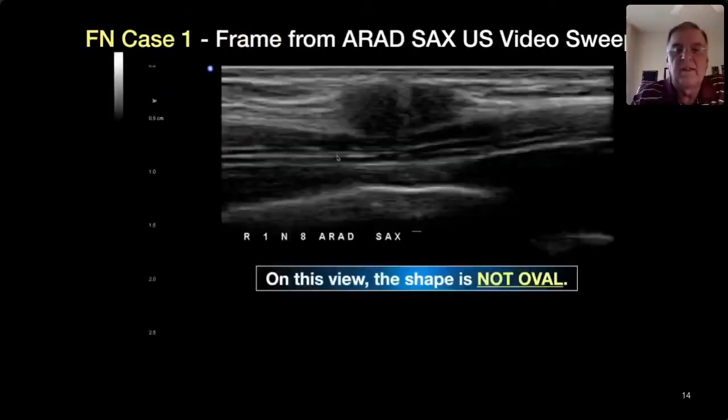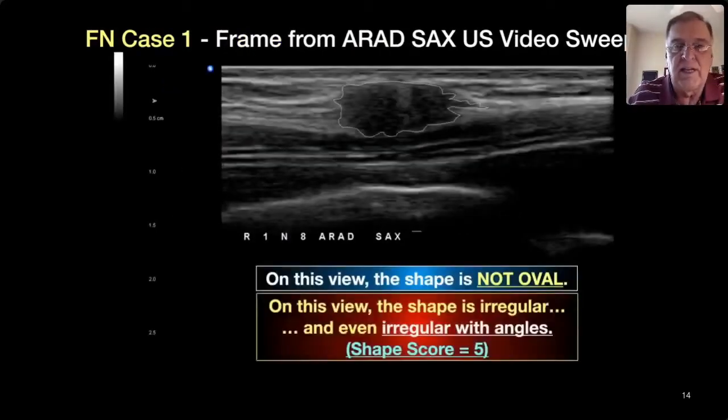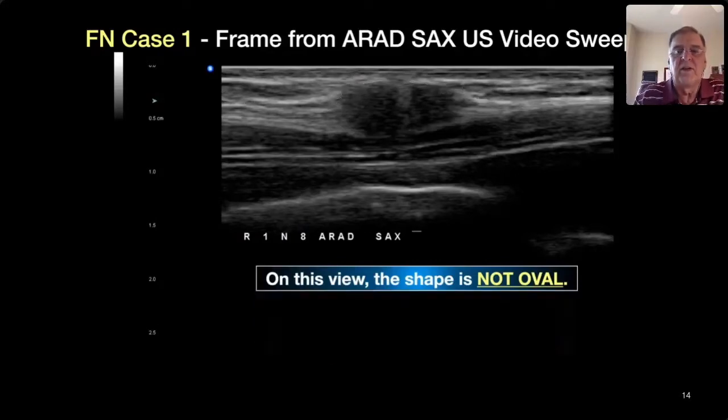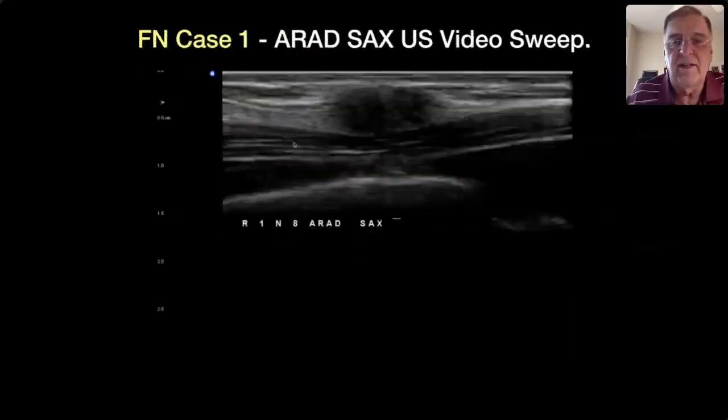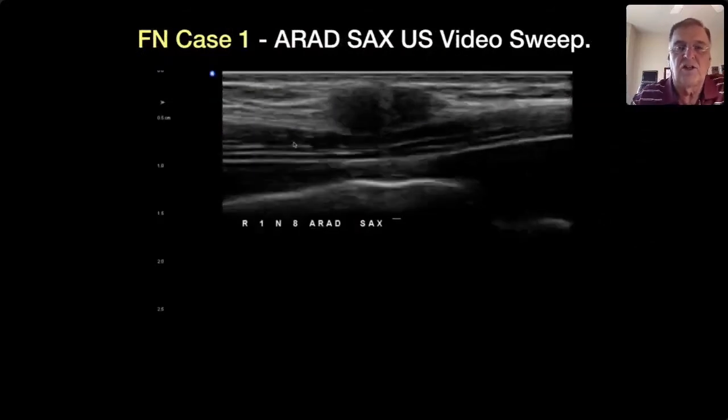This is not an oval shape. You can see that when I draw the region of interest, this is highly irregular. It has a thin capsule on front, it has a thin capsule on the back, but it has a thick, ill-defined echogenic rim on the ends, and it has hyperechoic peripheral zone spicules. So I mean, there's a lot there that's not reassuring. This is a short axis view,